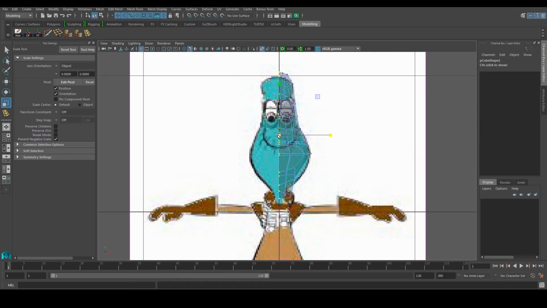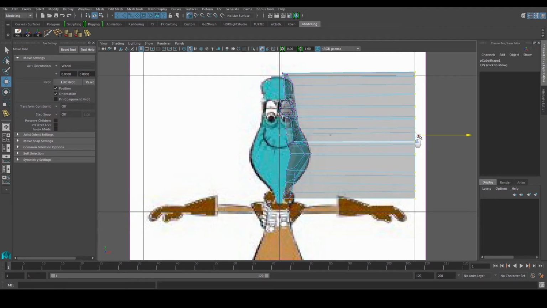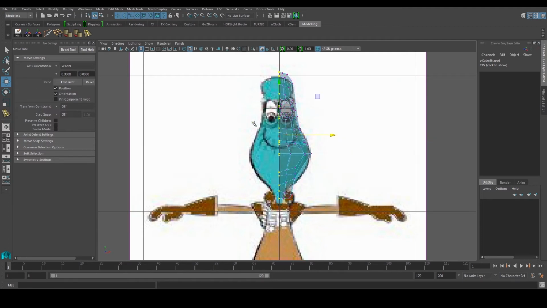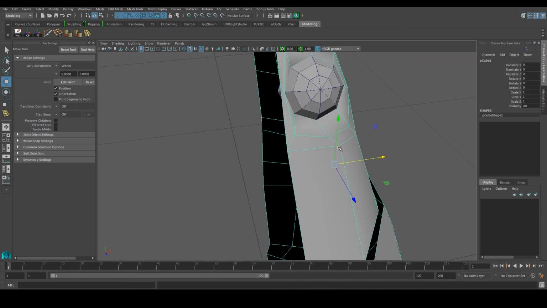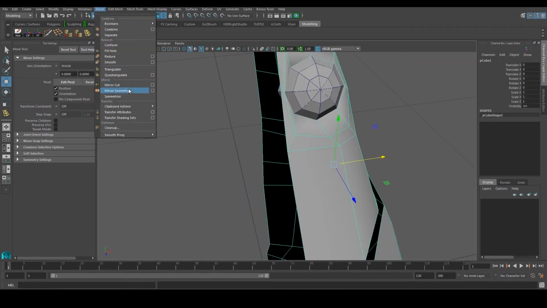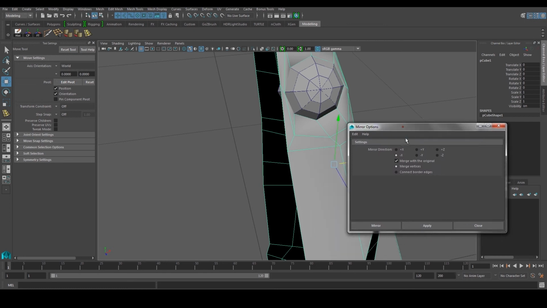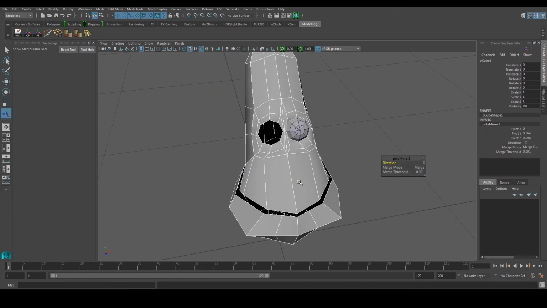Another way is you can just press W and press and hold X. X is to snap it to the grid, and snap it to this grid, and then snap it to this grid again. So you kind of tell everyone, please, one line straight to this grid. Right, so now that we have ensured that that guy is straight, we can go back to our mirror geometry, make sure on negative X, merge the original and merge the vertex, means it will combine with the original and merge the vertices together, and click on mirror.